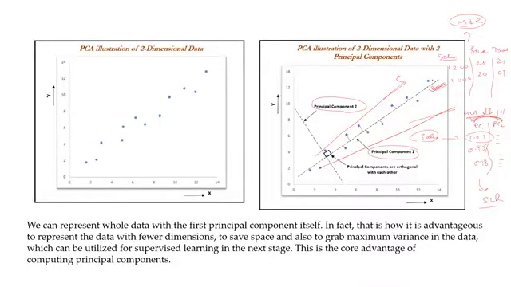And now another question could be, how many principal components can you generate? What could be the maximum number of principal components? If you are dealing with n number of features, you can build n number of principal components. If you are going with 10 variables, maximum you can generate 10 principal components. But again, generating 10 principal components does not make any sense, right? So instead of that, you can go with the original data only.